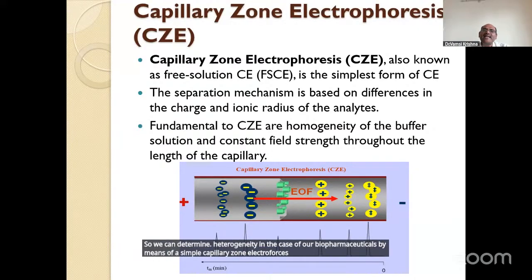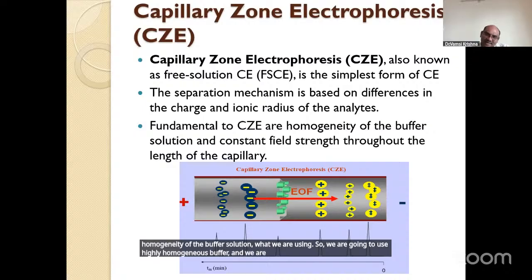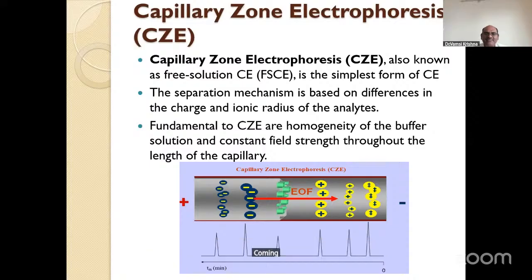But the basic requirement for capillary zone electrophoresis is homogeneity of the buffer solution we are using. So we are going to use a highly homogeneous buffer and apply a constant electric field throughout the capillary, giving better and reproducible separations, and we are going to observe precision in the case of quality control. So this is called capillary zone electrophoresis. Coming to the next slide,